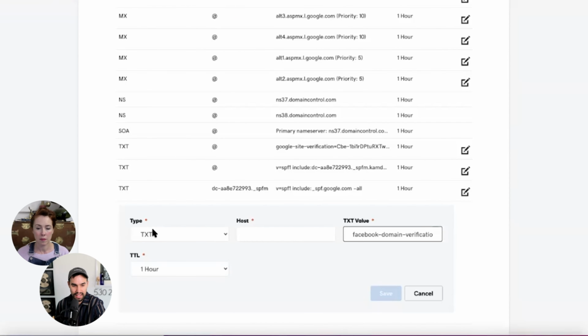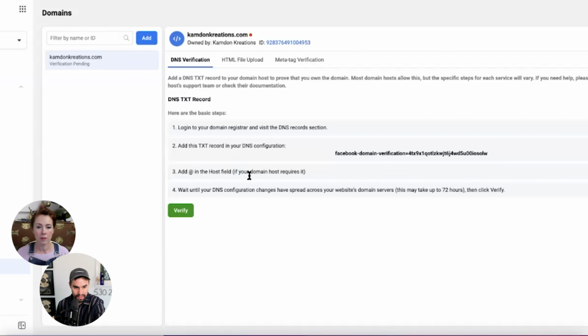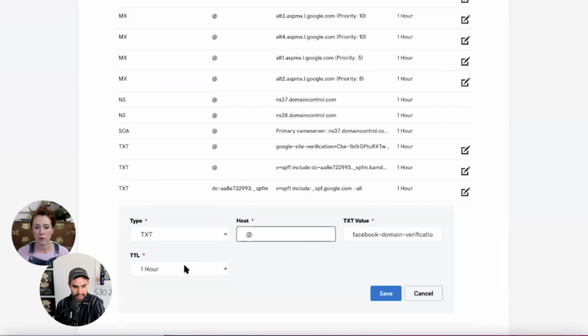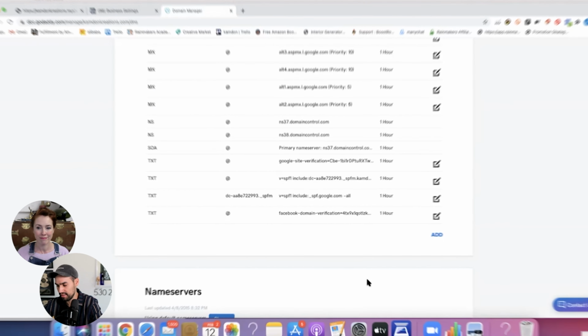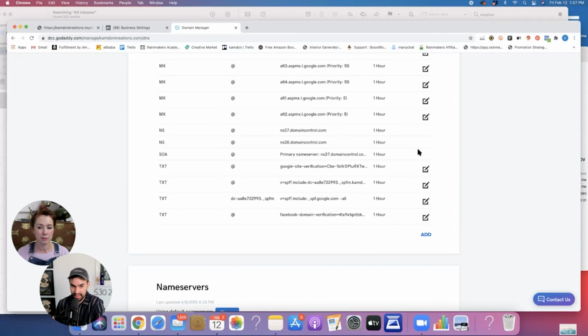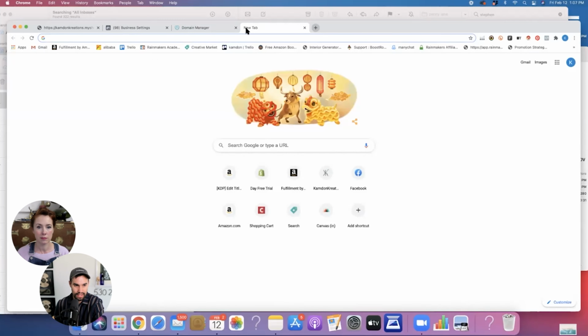So I just pasted that in, text. And in the host, you can just put at, and I think it says that right here. Put at if it requires it. And then we're just going to leave that and hit save. That's pretty much it. If you want to check it, what you could do is go to like